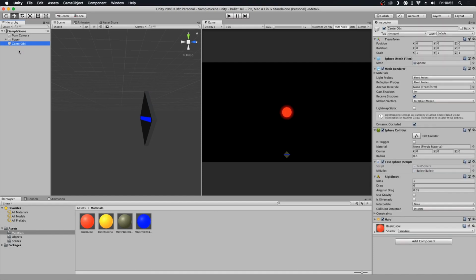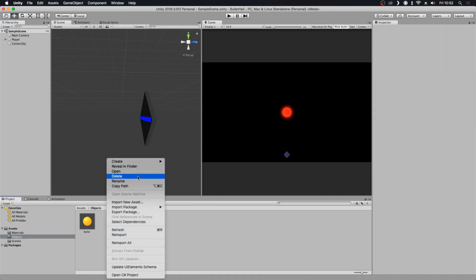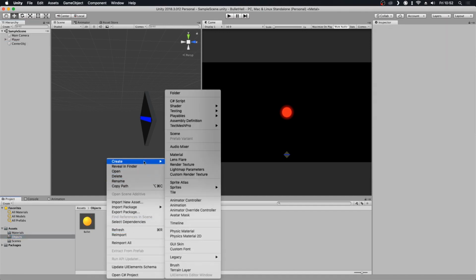Okay, so my plan is for this center object to coordinate the other objects around. So it will be reasonably complex. Let me just quickly add